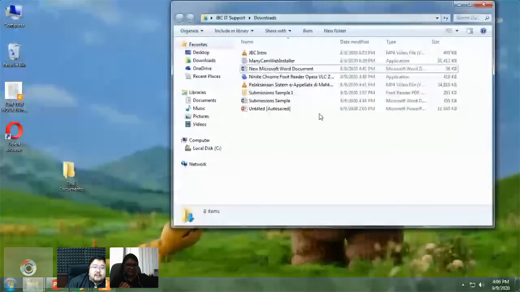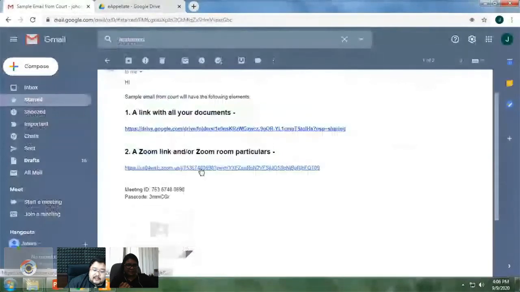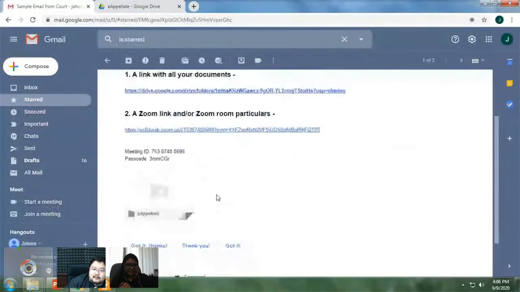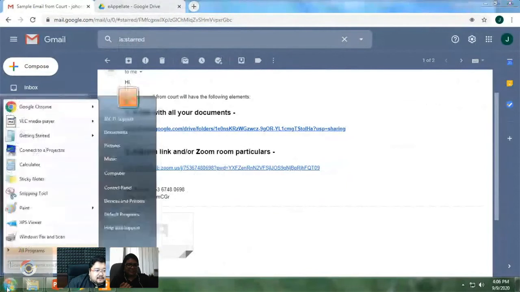Now, the second portion is when it comes to the emails, the Zoom particulars. Now, this is where it gets a bit tricky. Or rather, there are two approaches to it. You can enter the Zoom room using a link or using the number. So I'm going to teach these two methods. First is